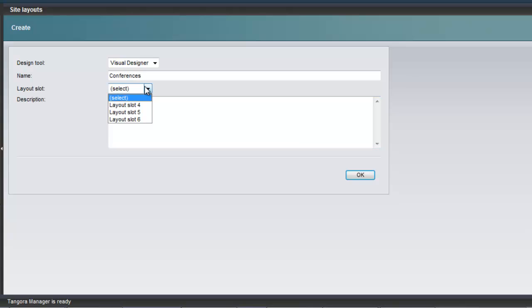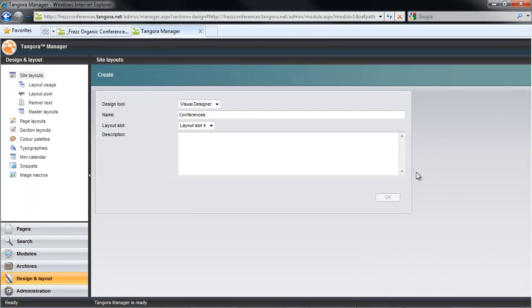Layout slot requires a little bit of explanation. In short, you could choose to refrain from using a layout slot if you want to lock your site layout. That is to say, if you want to prevent that it could be applied to a live page or a whole site. So it might be relevant for you, especially if you're working in a larger organization. But barring that you need to take such security measures, you might just as well choose a slot from the start. And we'll do that here. They're randomly generated, so it is actually inconsequential which you choose. Right, then I'll just hit OK, and my Visual Designer Site Designer will open up in a new window.